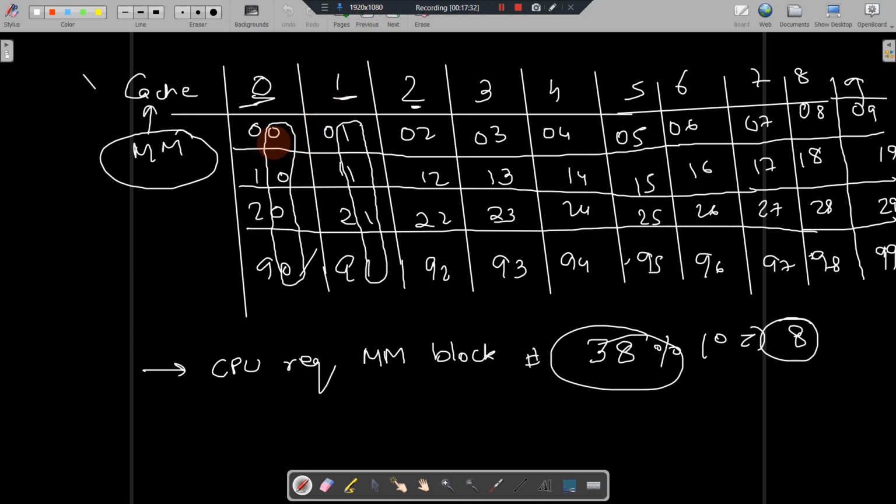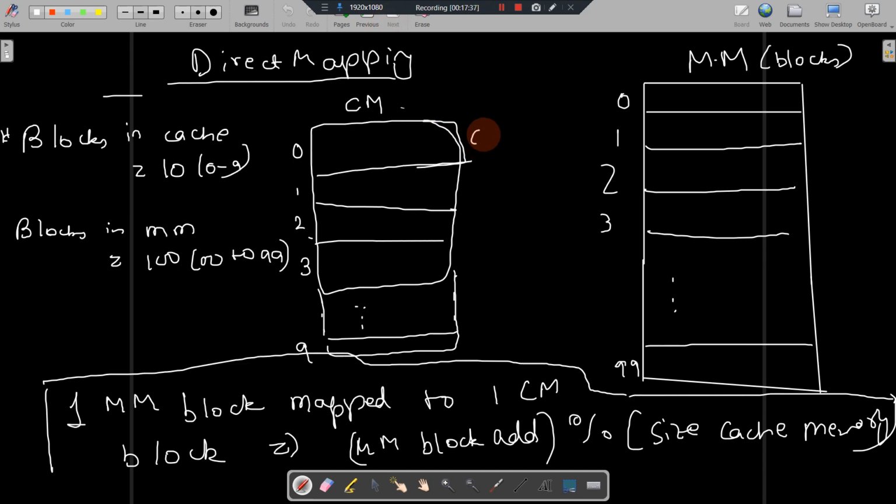We can see that 00 and 10 both are mapped to cache memory block number 0. To identify which main memory block is kept in 0, whether it is 00 or 10, because data in both will be different,